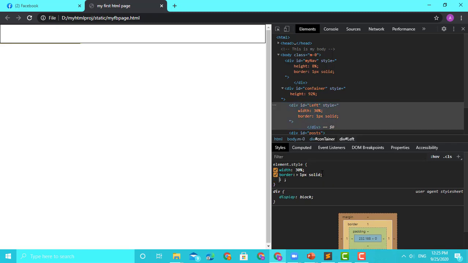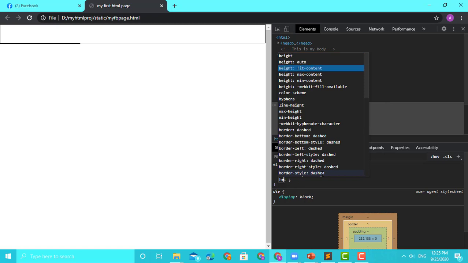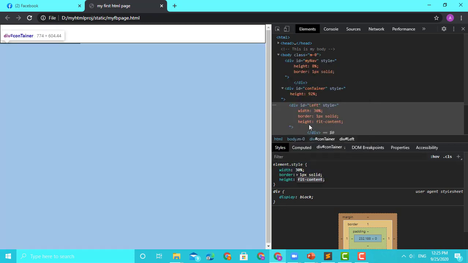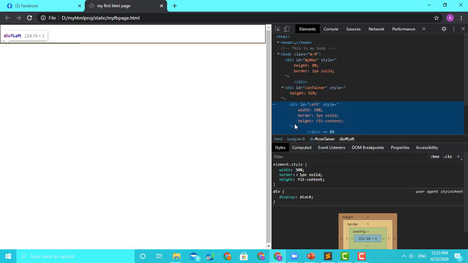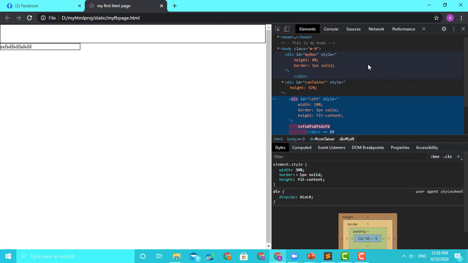Now what if I want this to, either we can have height, so there is fit content, which means it will vary based on the content. Okay, now let's say I will do fit content for now, and let's see what happens, then you will get an idea. I'll go here, edit HTML, I will type something. Now I'll click here, so it became big. It's only as big as its content, but if I want, let's say I want it to be full page, then I can put, I'll go here, I'll change this to 100%.